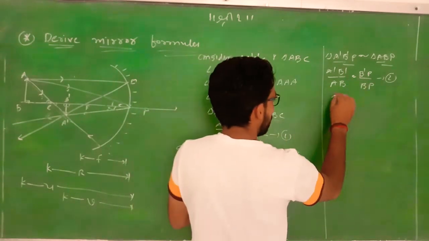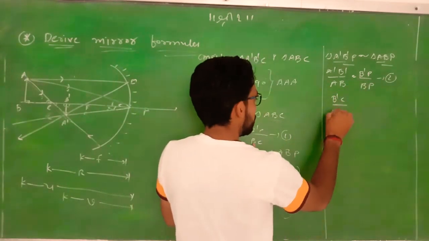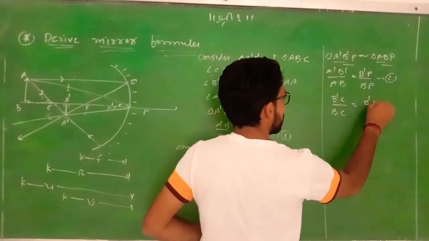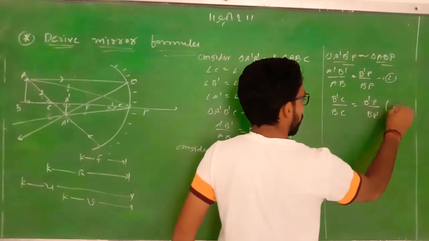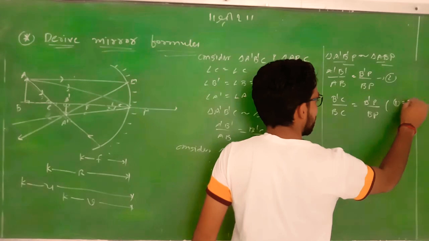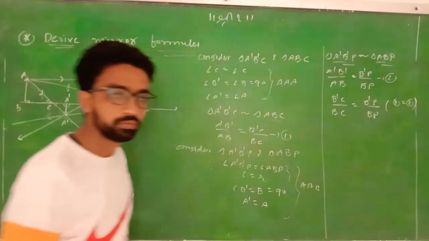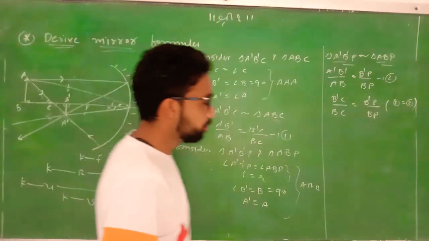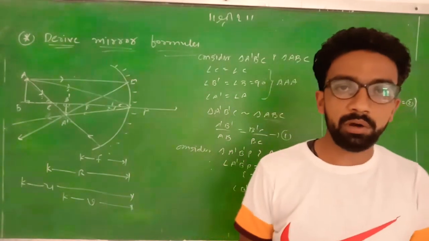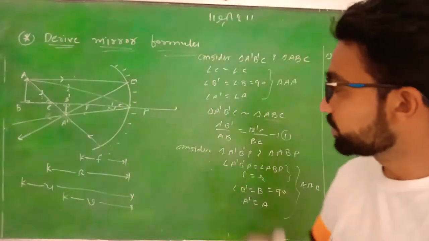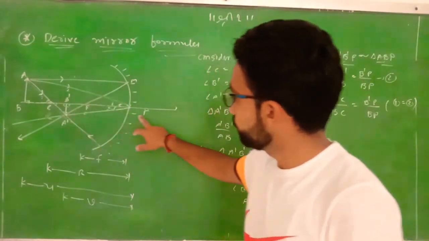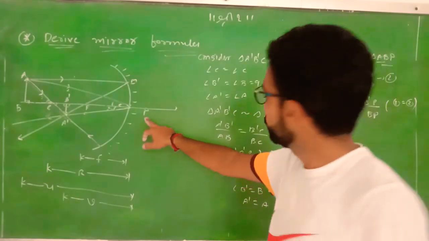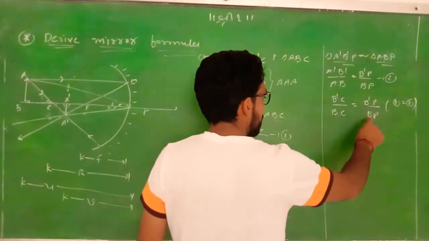So we have B dash C divided by BC is equal to B dash C by B, from where equation 1 is equal to equation 2. Okay. Now we know that whenever we have studied about the sign convention, we decide that each and every distance can be measured from the pole. So here this distance B dash P and BP are measured from